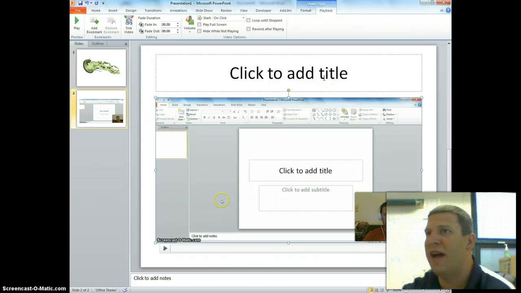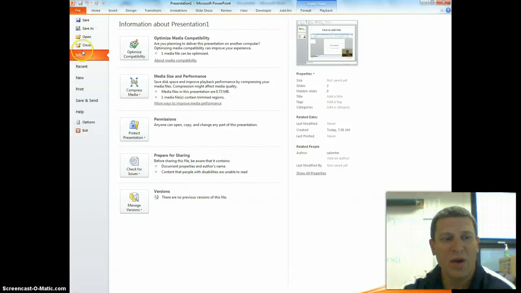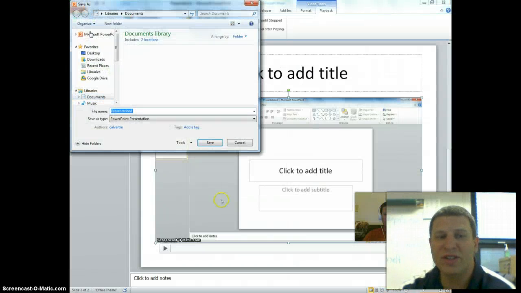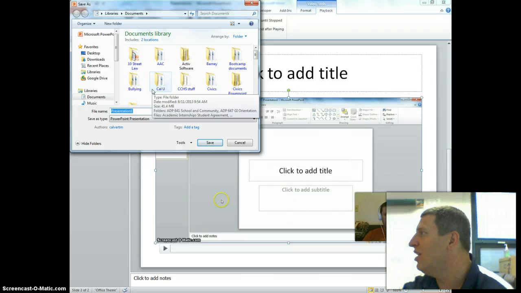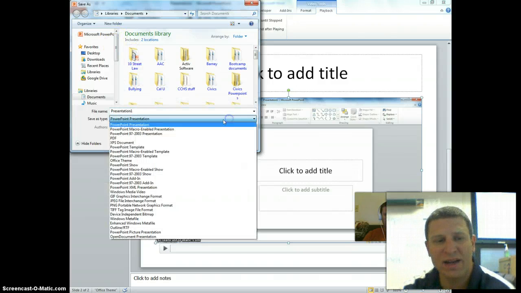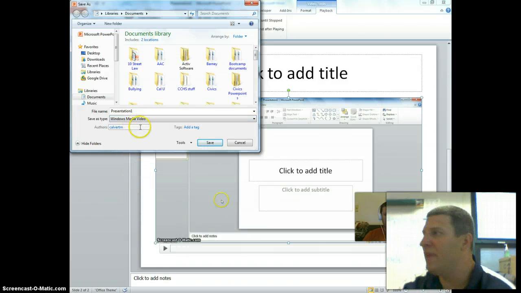Also with video now, which is cool, and I'll show you guys this just really quick with PowerPoint. When you save, you can save a PowerPoint now as a video, okay? So when I go to File, Save As, I can click here and go down to Windows Media Video, WMV, and it'll save